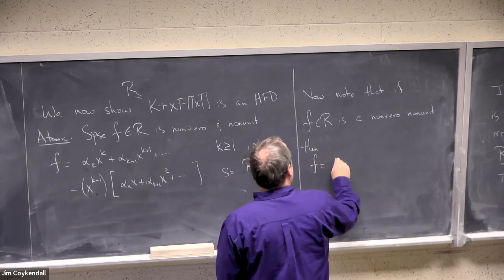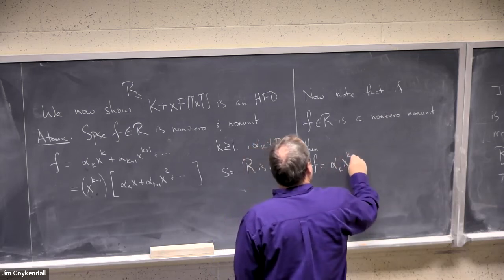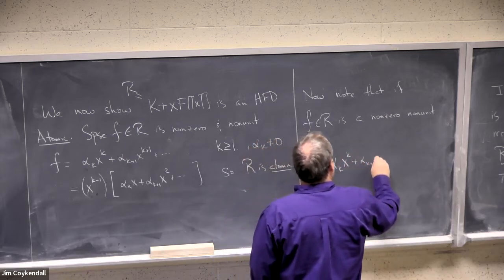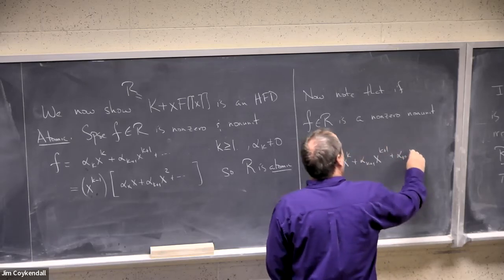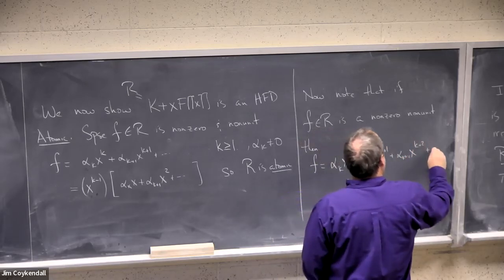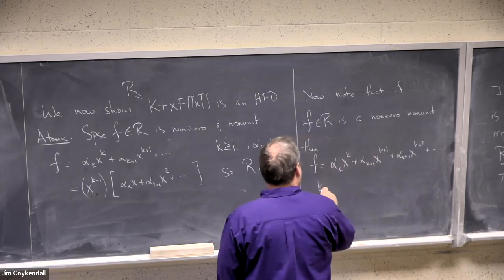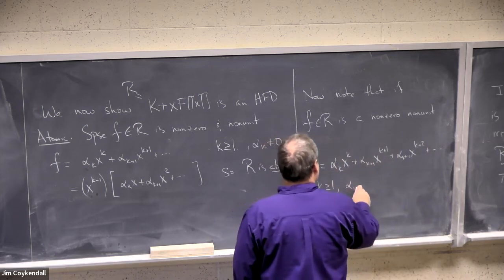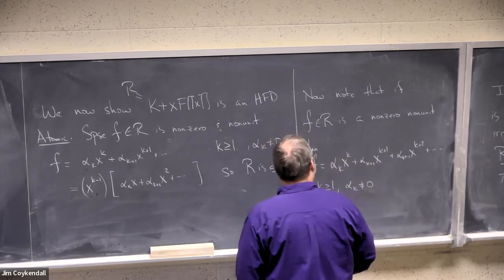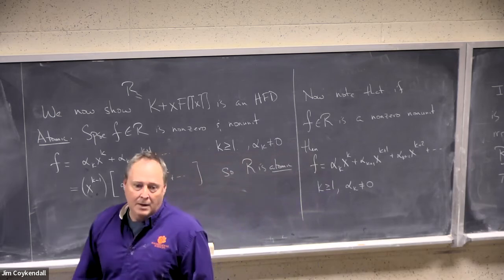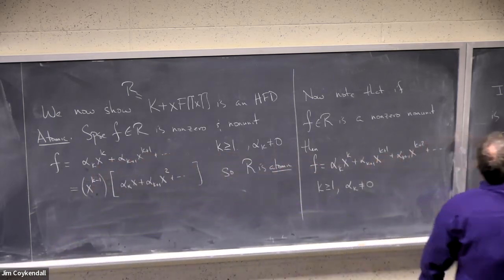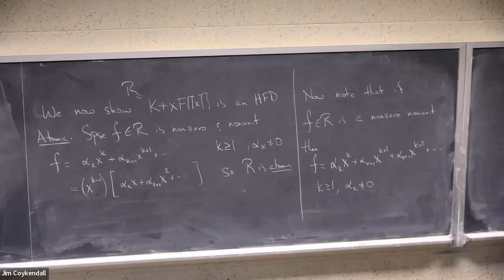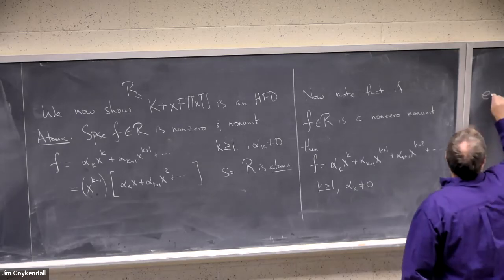Then F is equal to alpha K, X K, plus alpha K plus one, X K plus one, with K greater than or equal to one and alpha K nonzero. Notice I'm going to use this fact again. Every irreducible